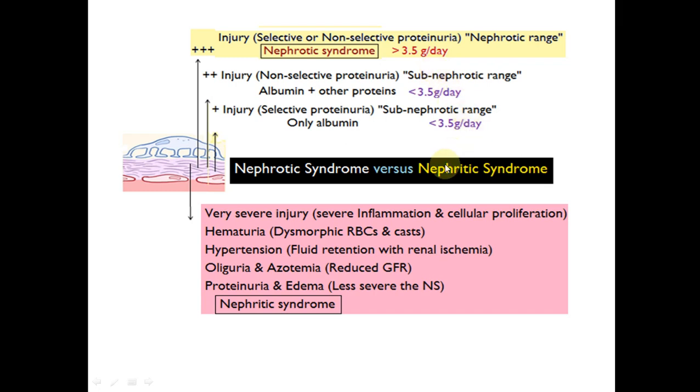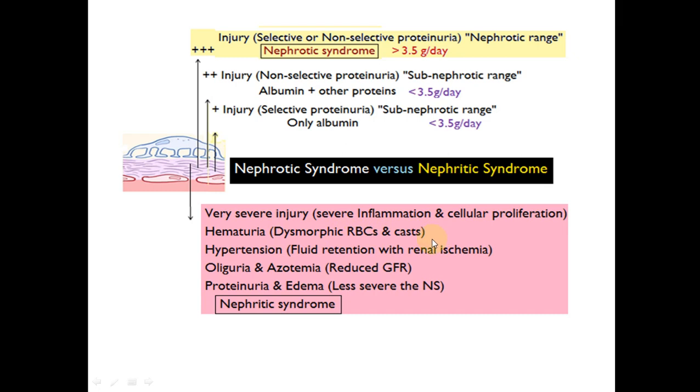But sometimes there is a very severe injury, and this injury is associated with inflammation, hypercellularity, and cellular proliferation. Now, this will be a different situation in which, along with proteins, there is loss of red blood cells and red blood cell casts. This condition is the nephritic syndrome, and it is associated with loss of dysmorphic red blood cells and